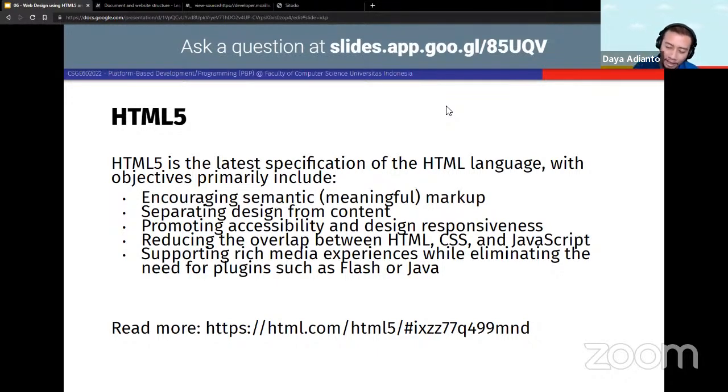And lastly, HTML5 is especially important because with the recent developments in HTML and JavaScript, we can eliminate the need for plugins such as Flash or Java. Maybe in your childhood, if you were exposed to the internet from early on, you might remember several sites where you could play games and needed to install a Flash plugin or Java applet in your web browser. But now,